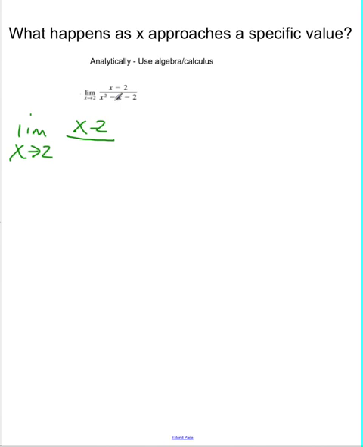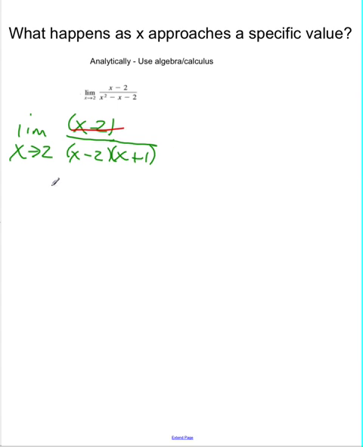Now I'm going to factor this denominator out. You remember factoring from pre-cal? I want two numbers that multiply to be negative 2 and add to be negative 1. Now, of course, minus 2 and plus 1 multiply to be negative 2. Now, do they add to be negative 1, negative 2 plus 1? Yes, indeed. Now, if I look at this, I will see these two terms here can appear to divide themselves out. So we're really looking at